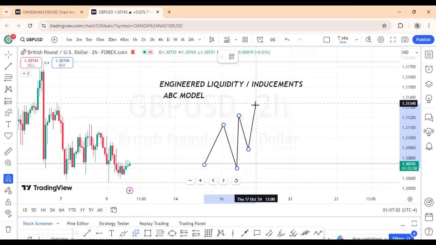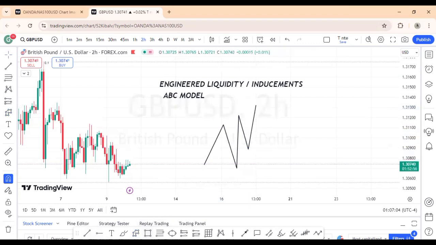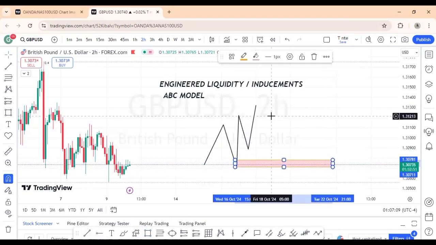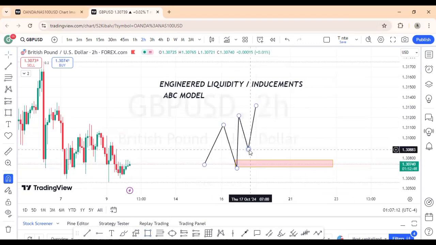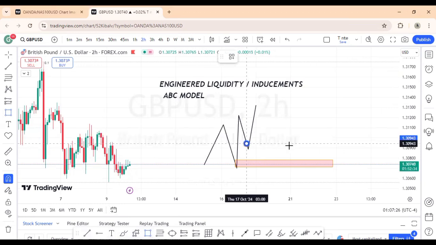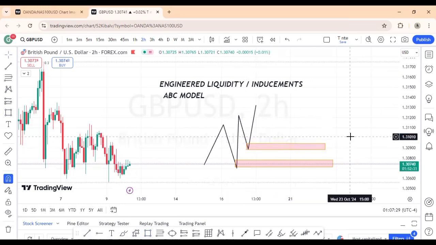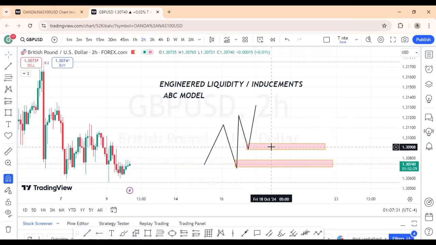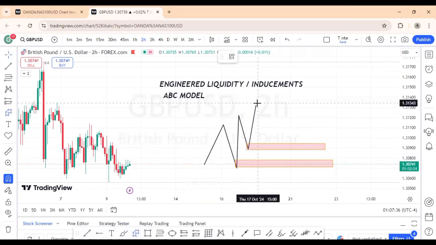We like to see price leave that order block unmitigated, right? And then create what? This inducement. Now, the purpose of this is to act as an engineered liquidity or inducement, right? Some people that trade patterns would see this as a double bottom. So they will try to take their trade from that point, right? They will see that as a double pattern, right? And then price does this